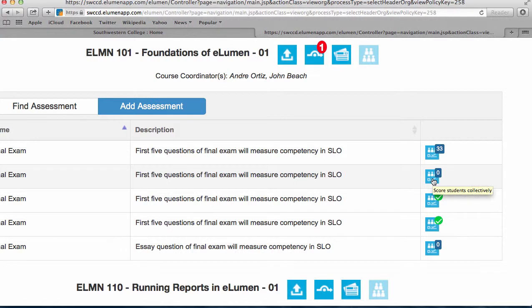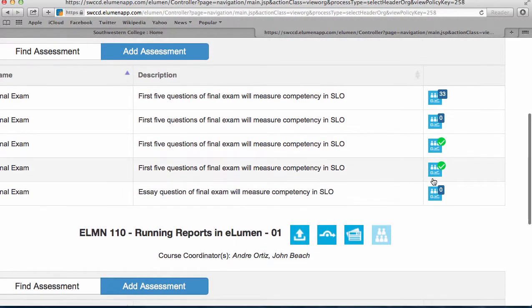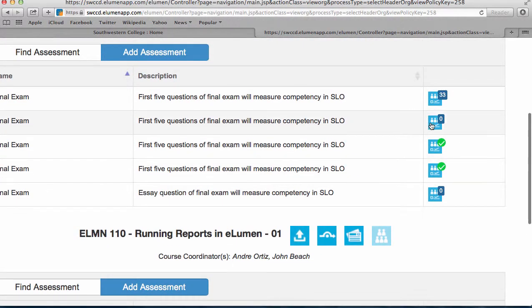If you log in and you do not see these blue buttons next to the assessments that are associated with your course, then your assessments have not been distributed, and there is a different process for uploading your scores. You can return to the website for Student Learning Outcomes training, and you'll see a demonstration there. You'll have materials you can download there. So if you do see your assessments that have been distributed to you,